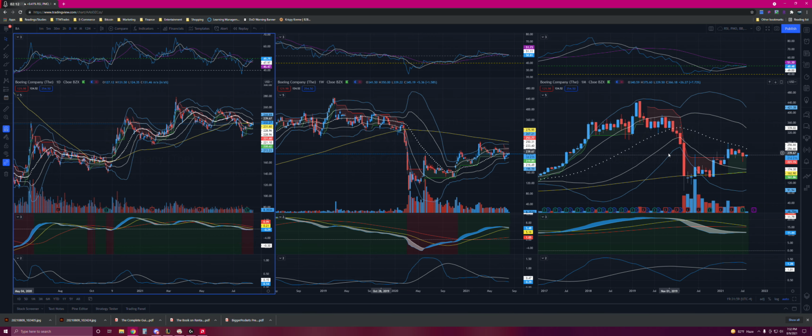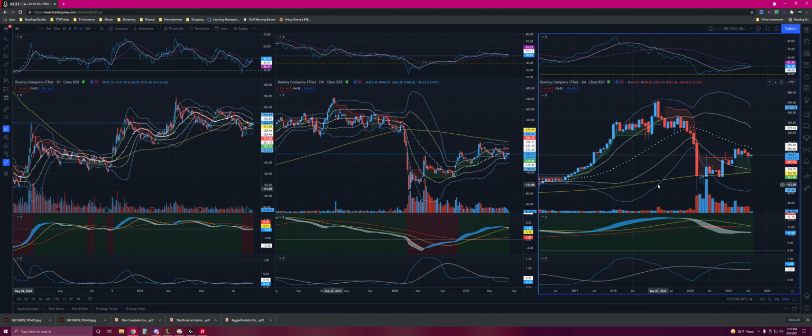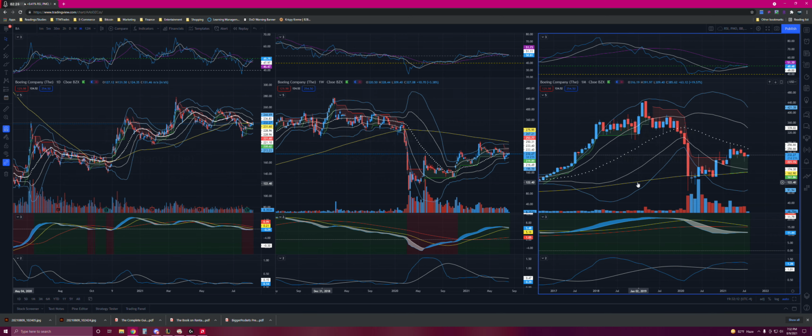Now, as you can see here on the monthly chart, each candlestick represents 1 month of data. You can see here, as soon as it hit the yearly chart's 150 SMA, this yellow line right here, if you've been following me for some time now, then you know how I feel about the 150 SMA. When it hit that 150 SMA, you can see that there was clearly some accumulation for 1, 2, 3, 4, 5, 6, 7, 8, 9 months until finally you get the breakout off of that 150 SMA